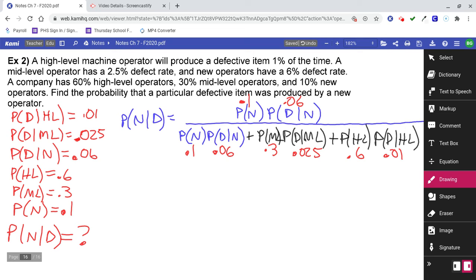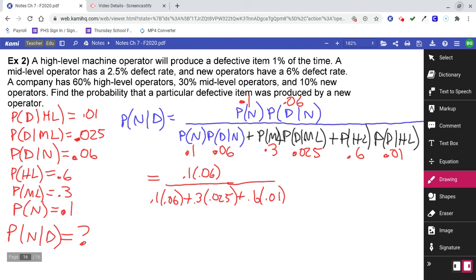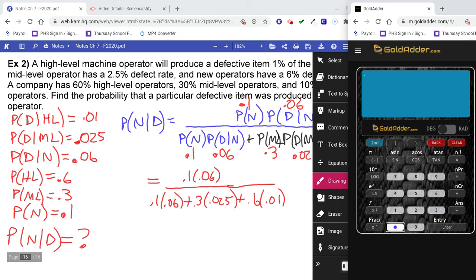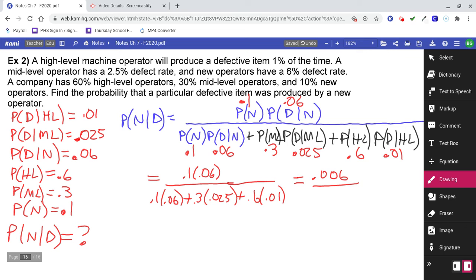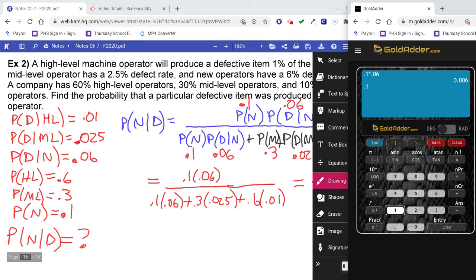Okay. So really, it's just a matter of calculating all of that. You've got 0.1 times 0.06 over 0.1 times 0.06 plus 0.3 times 0.025 plus 0.6 times 0.01. So get you a calculator, and we know 0.1 times 0.06. That would be my numerator. And then on the bottom, 0.1 times 0.06 plus 0.3 times 0.025 plus 0.6 times 0.01,